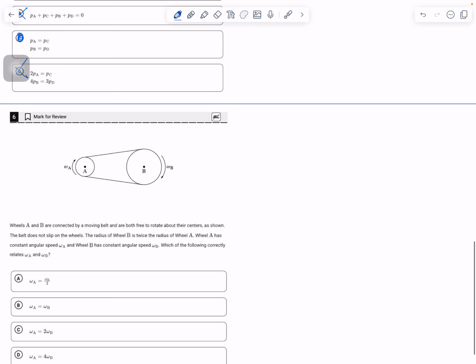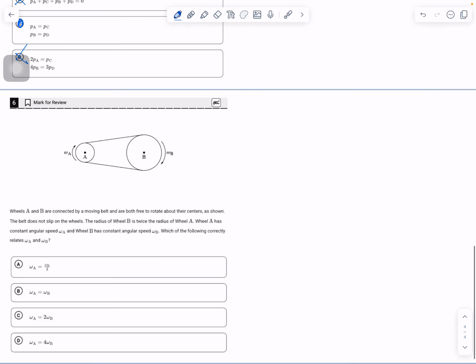Wheels A and B are connected by a moving belt. Both are free to rotate about their centers. The belt does not slip. The radius of wheel B is twice the radius of wheel A. Okay, because it's rotating with a belt, that means that the linear velocities have to be equal. If you didn't know that before, you know it now, so you can remember. And they want to know about angular